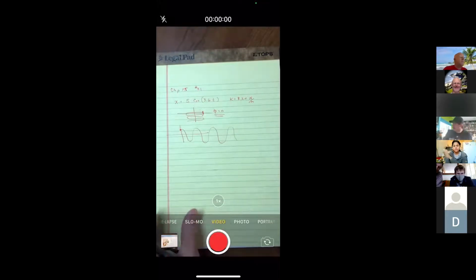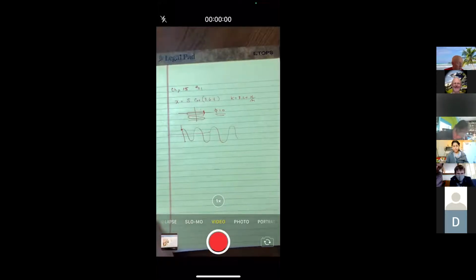Okay, so it says during the first cycle, for t greater than 0 but less than 1.75 seconds, at what value of t is the system's potential energy changing the most rapidly into kinetic energy? Ooh, okay. Okay. So, maybe